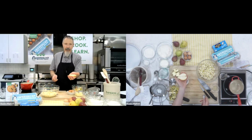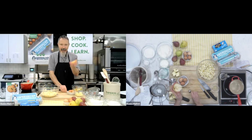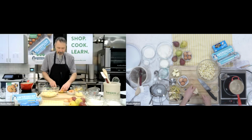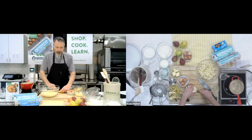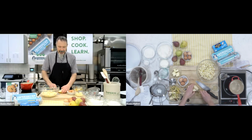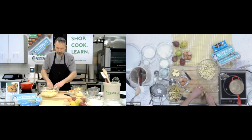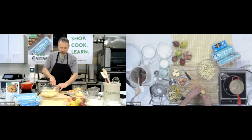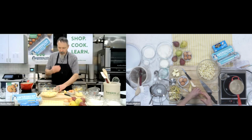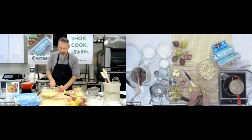All right, so again, we have the half here. Use your little teaspoon and pop out the seed pack, and then you can get this little stem, or the top end there, and then the stem end. Get the core out, and it's ready to go. So both of those methods are great. Great way to get into the pear, and it's just what you're comfortable with, and again, what you're doing with it. Like for something where you want that whole half, whether you're poaching or maybe you're canning pears,